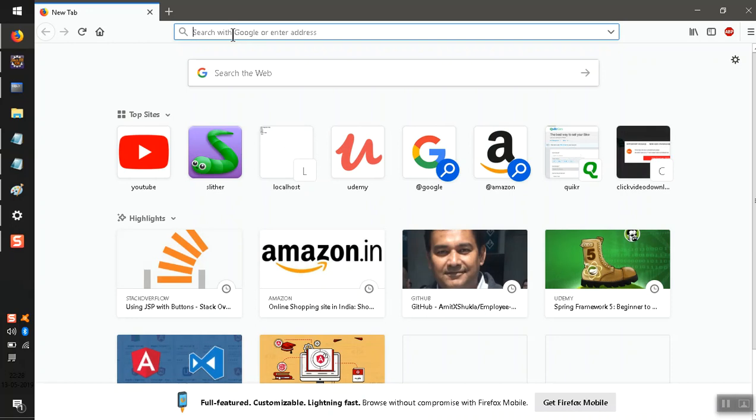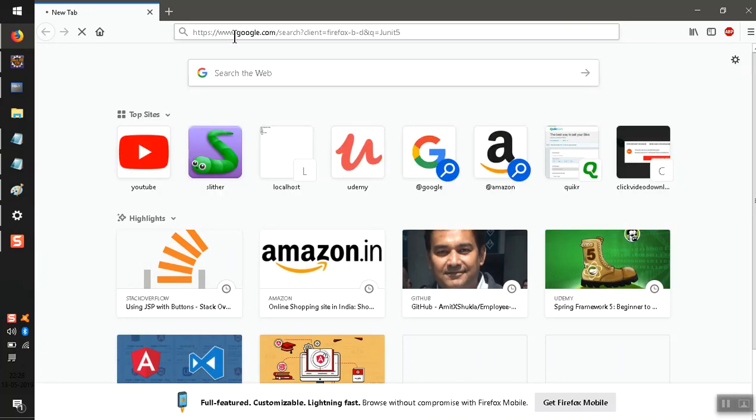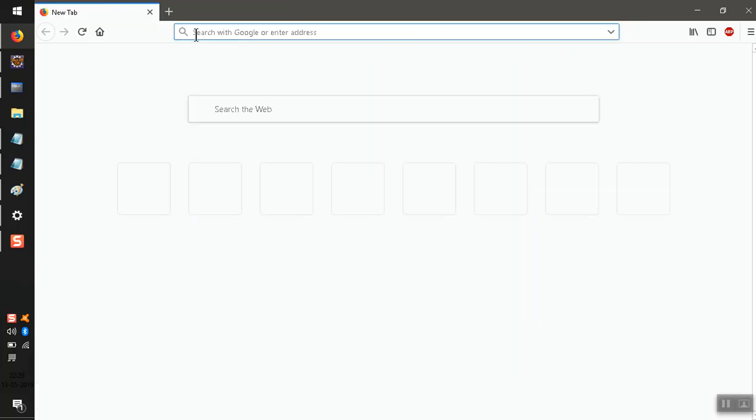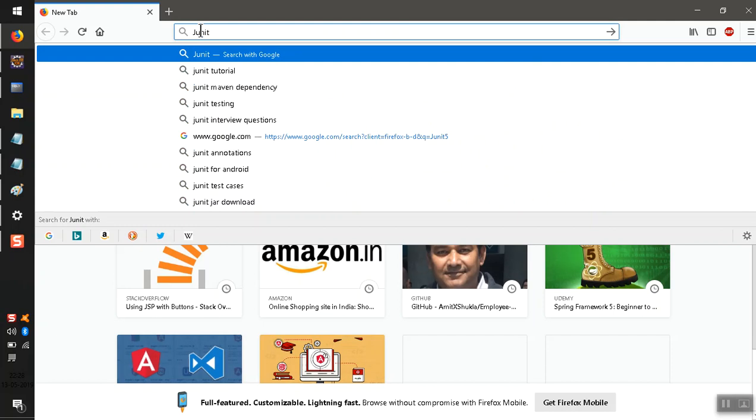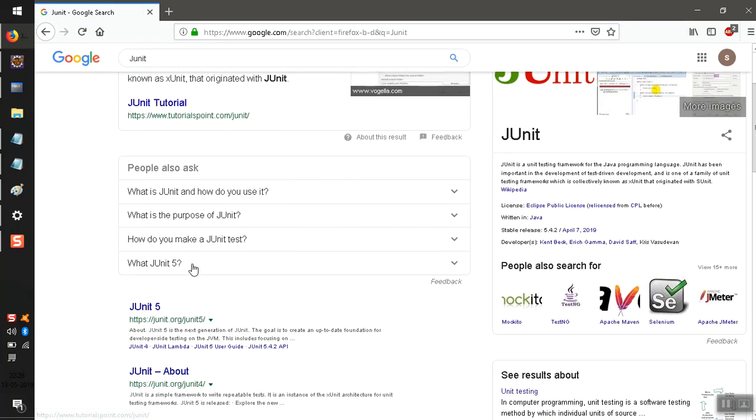So first of all, let me select JUnit 5. Or else you can do one thing: you can directly search with JUnit and click enter. It will directly take you to the JUnit 5